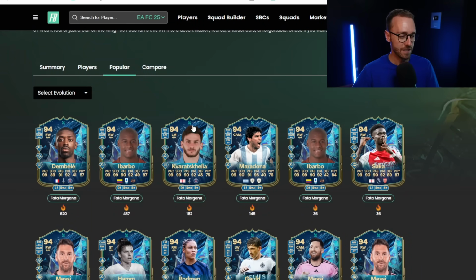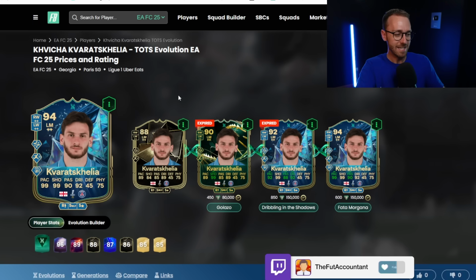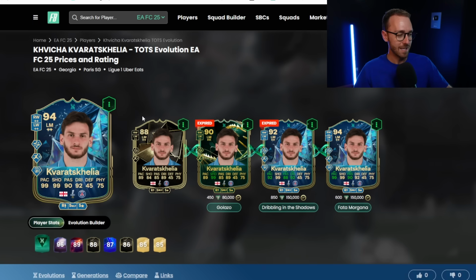Honestly, for 150,000 coins, I don't really know if it's worth it for too many other cards, unless there's somebody in your club for a pass and present or something like that that you really, really like with this evolution. But with the shooting, passing, and dribbling boost that this Evo gives not being that great in those areas, you kind of have to have those stats boosted beforehand,